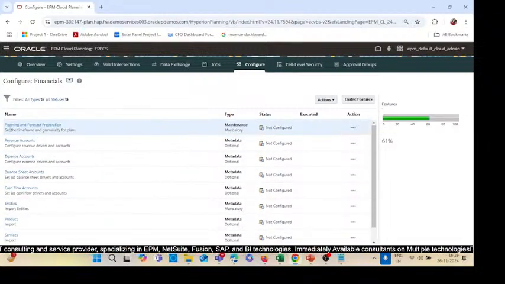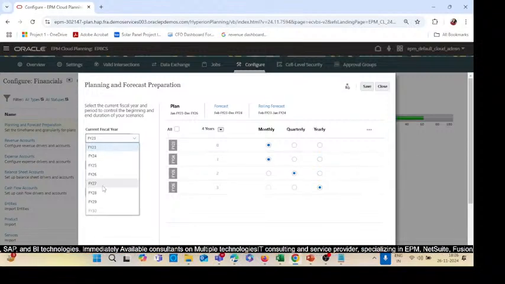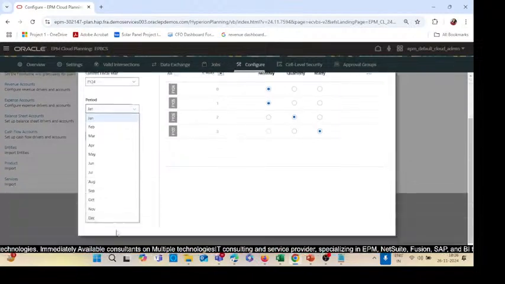So now the important thing is we need to set the time frame and granularity for plans, right? So let's click here on the planning and forecast preparation, so that we can give the instruction to the application what is my current fiscal year, what is the current period, what is my plan start year. Accordingly the planning took place. Okay, so let's suppose my current fiscal year is 24 itself. My plan I want to take here is November,